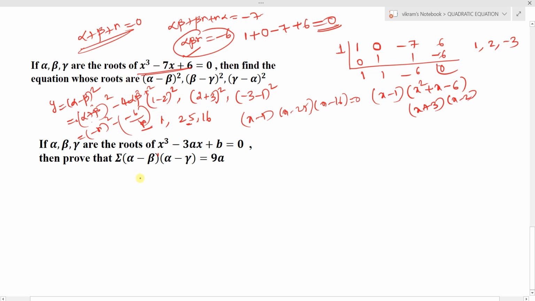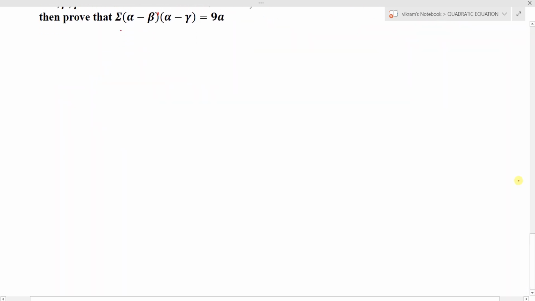Okay, next question. If alpha, beta, gamma are the roots of x cube minus 3ax plus b equal to 0, then prove that summation of alpha minus beta into alpha minus gamma is equal to 9a. Okay, right. If the polynomial is given in terms of alpha, beta, gamma, then we have to write this as